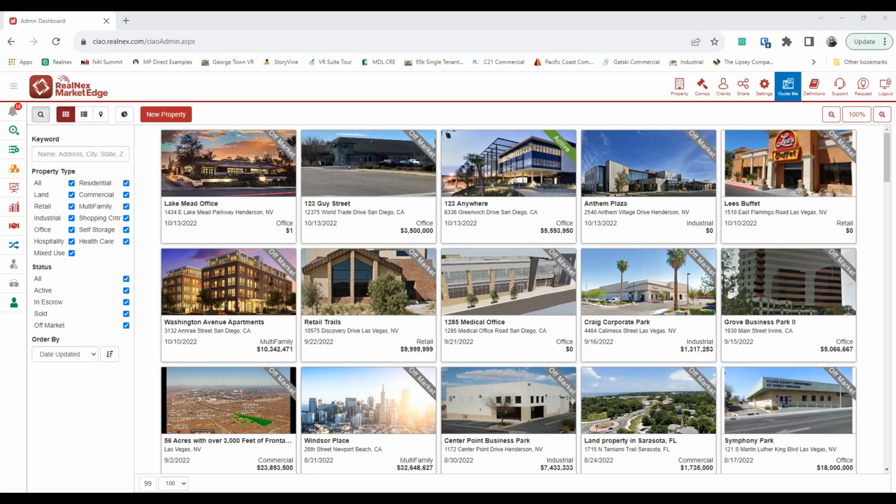Today we'll be talking about persuasive presentations, taking all the data and information that you have in your CRM and feeding it seamlessly into Market Edge to create incredible flyers, one-pagers to multi-page brochures, BOVs with all the financial implications and comps to analyze properties, proposals, offering memorandums, and we've got something new as well, which